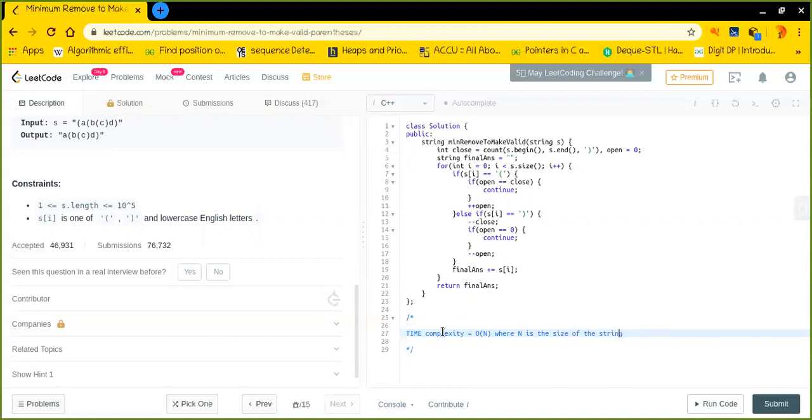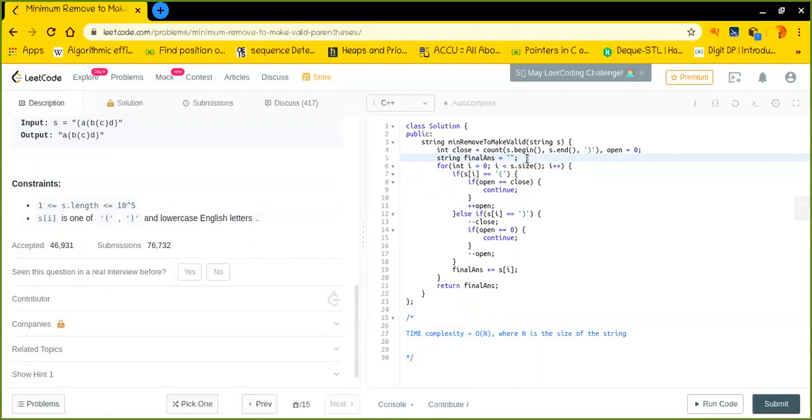All right, and what about the space complexity? The space complexity means what we use extra, explicitly, like a container. For example, we could use a stack to solve this particular question.